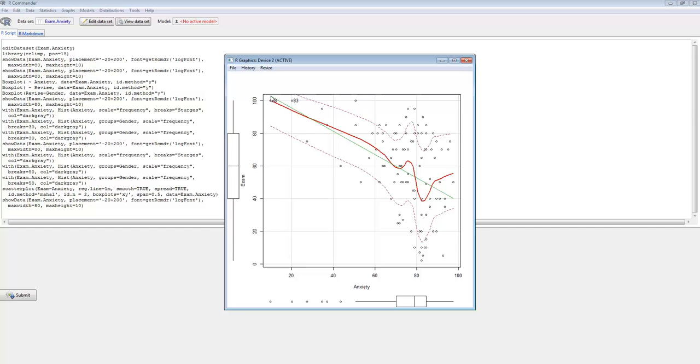What R did is it created a line of best fit right here, and also created a confidence interval of the standard error, the estimate of the standard error, where the model that we have represented here, based on the means of these scores, represents the population. But you would know that from